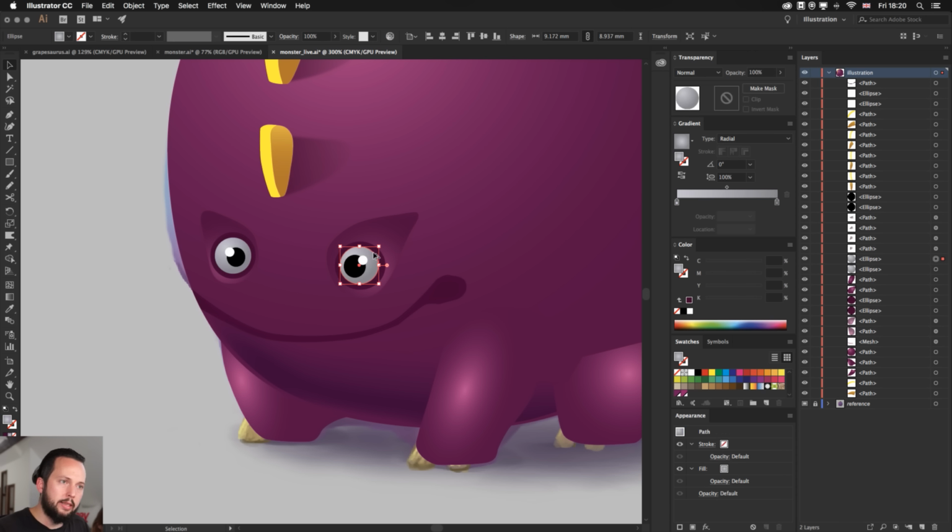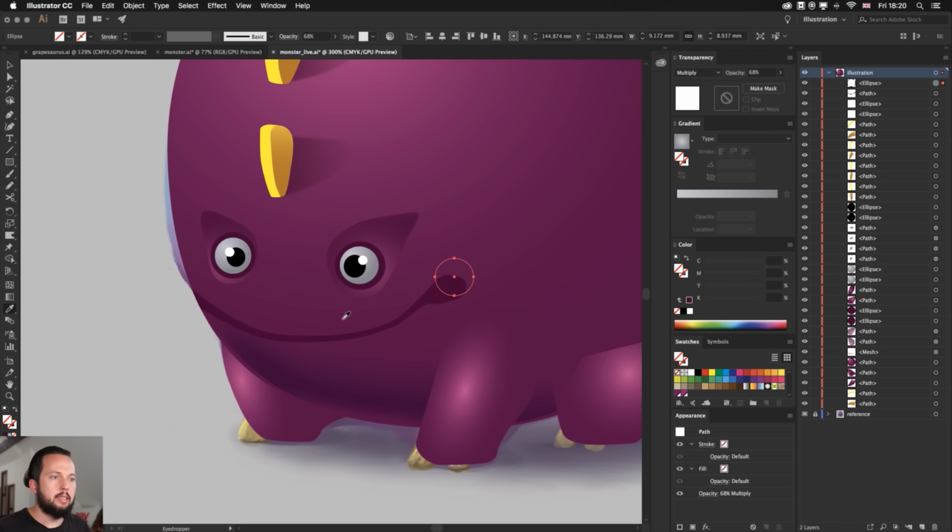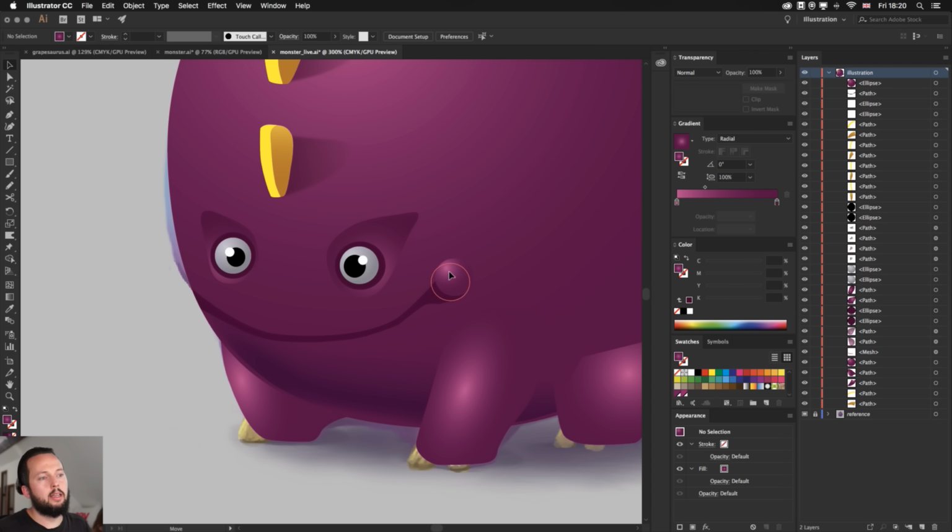Now I'm going to duplicate the eye, place it somewhere around here, move it all the way on the top, pick the same detail as behind, so the actual body, something like that, and then also put another one here behind the object, and already we will start to have the mouth.